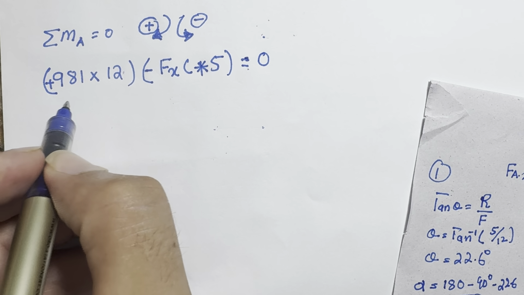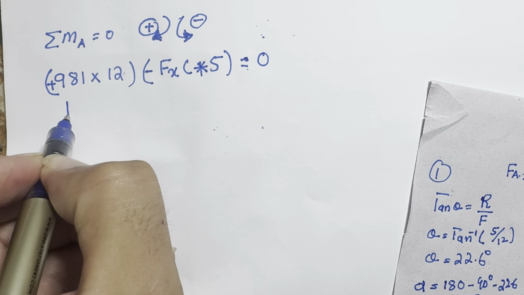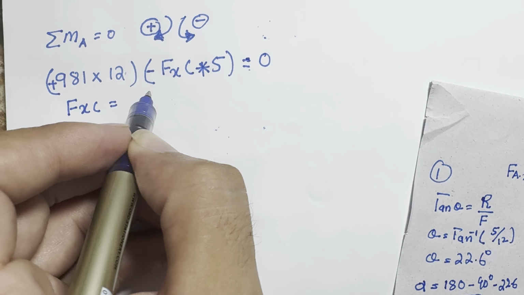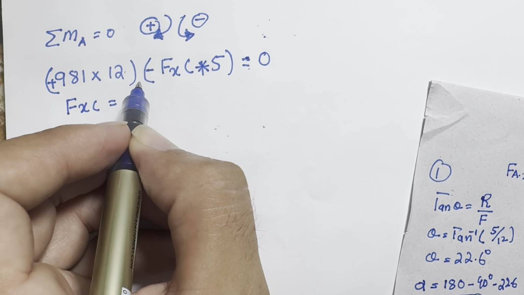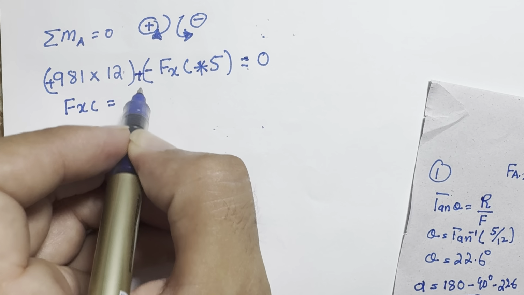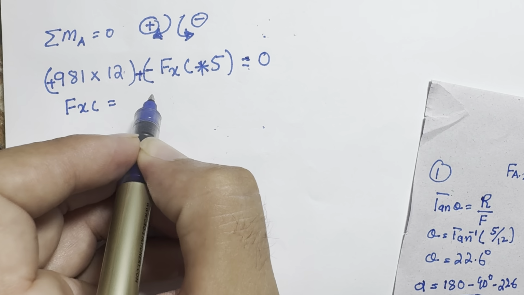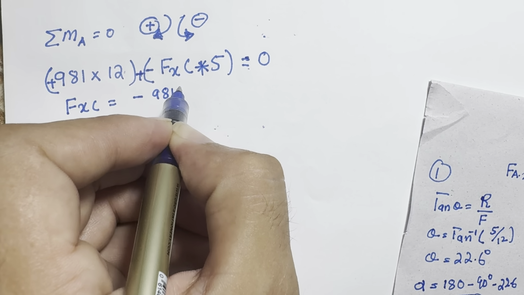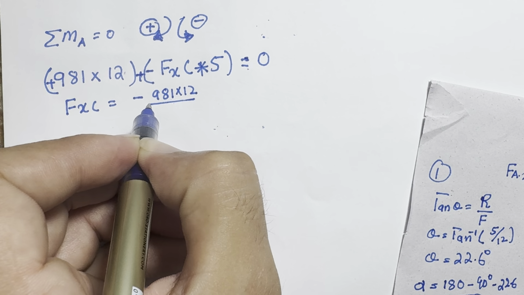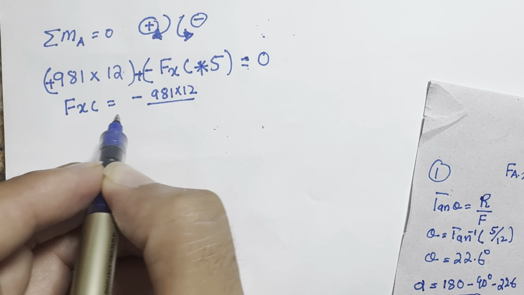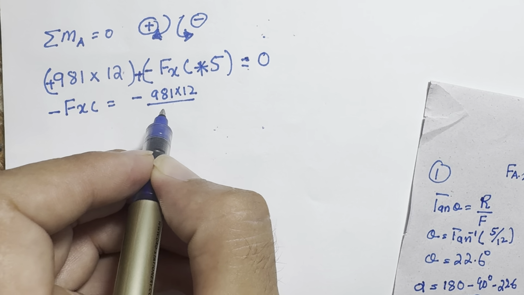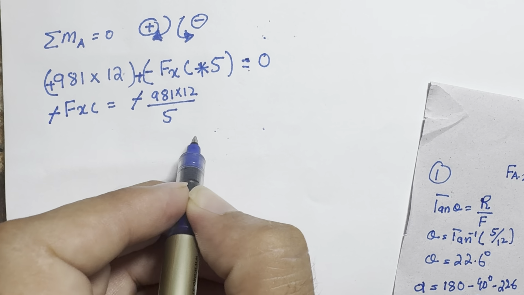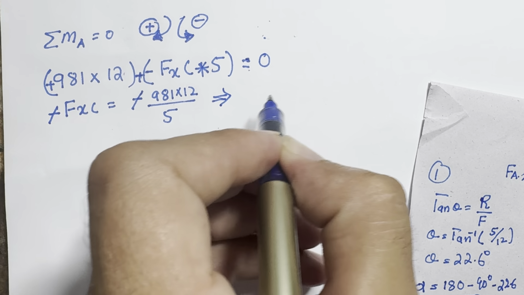If I calculate and simplify, FXC will become equal to plus 981 multiplied by 12, which is negative, divided by 5, which is also negative. So the negative cancels with the negative sign, and FCX will become equal to